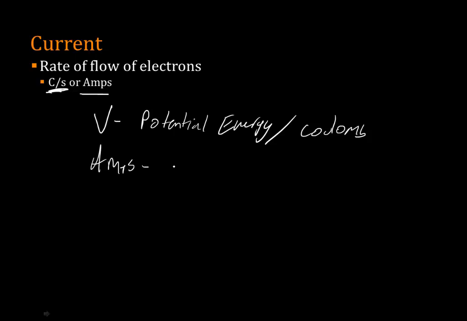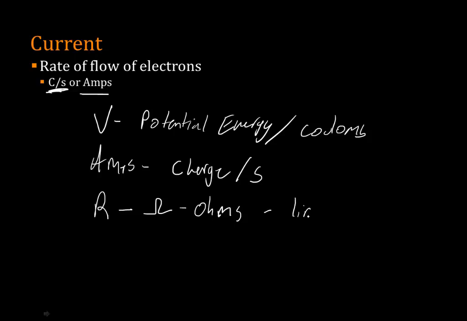There's amps, which is charge per second, and then there's resistance, which is measured in ohms. It has that funny upside down horseshoe symbol, and basically this thing limits current. Now I'll show you what I mean by that in a minute, but first let's get some circuit diagram stuff